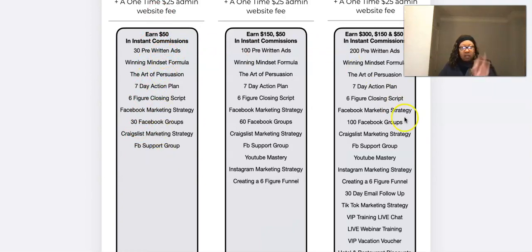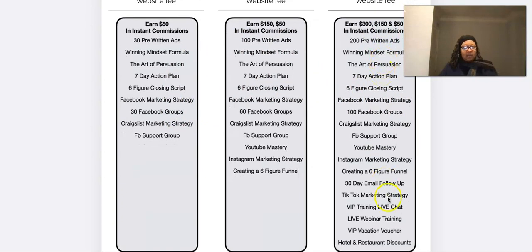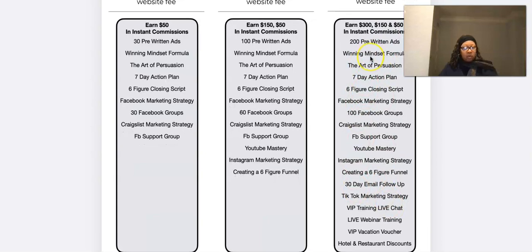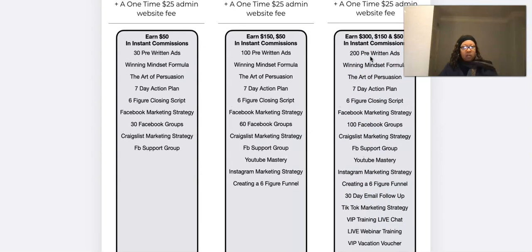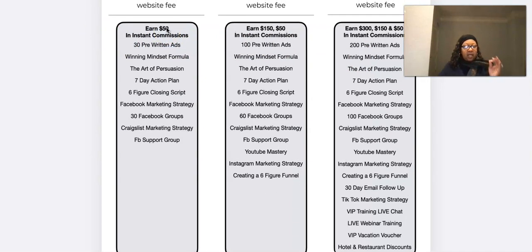And you can kind of see the list of them all. As you go up higher, the $300 level gives you way more training. Okay, way more. At any rate, you can get started for as low as $50